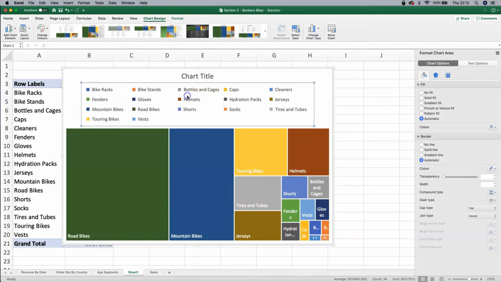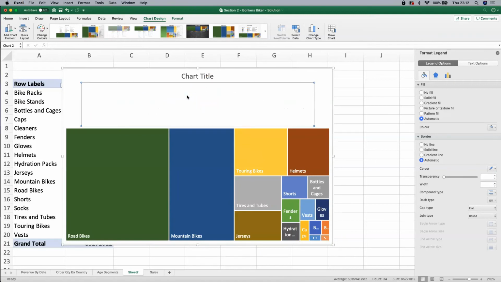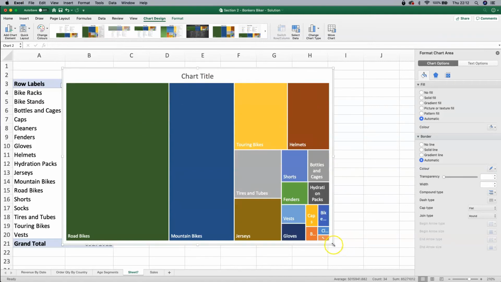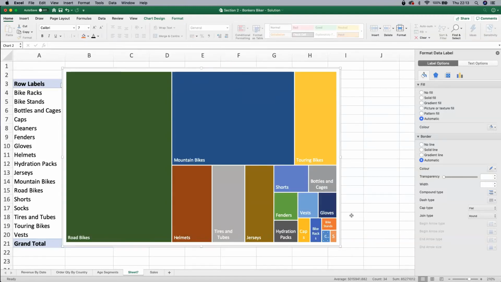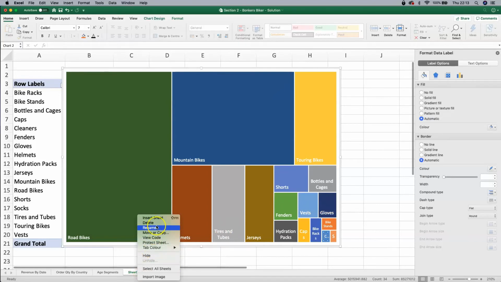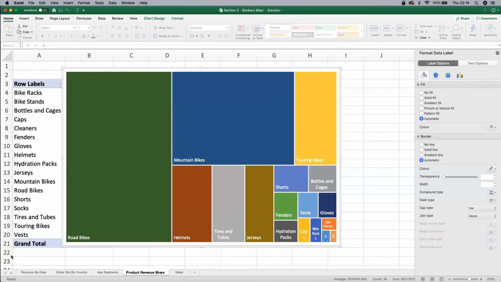Again, all of this data is within all of the different segments in the tree map, and so I've got my tree map table there. And I'm going to go with that tree map chart as it is. So again, I'll put in and rename my chart, and I'm ready now to go on to the next section